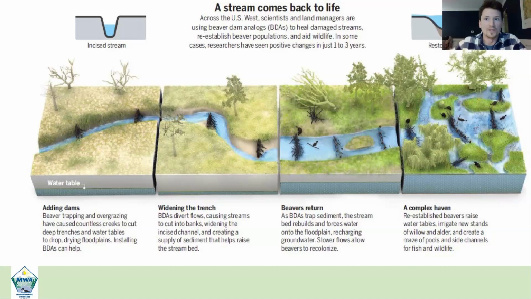And then ultimately you end up with this anastomosed system at the end, where there is no discernible channel. There's many channels. There's backwaters, there's eddies, there's puddles, there's swamps, and it's incredibly difficult to walk through as a human, but it's incredibly high quality habitat for virtually everything else. And so that's what we're trying to do.